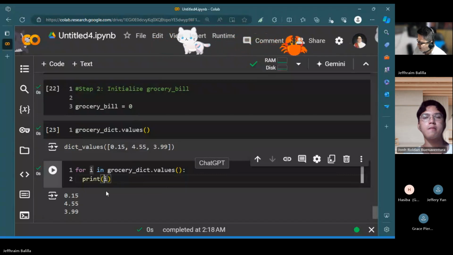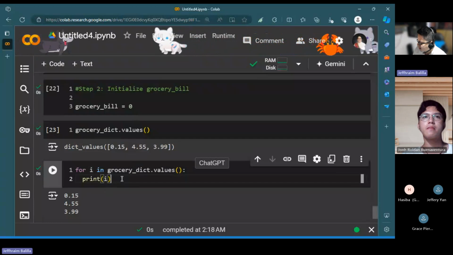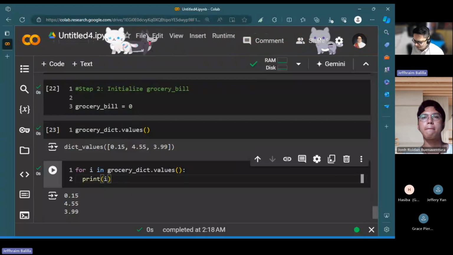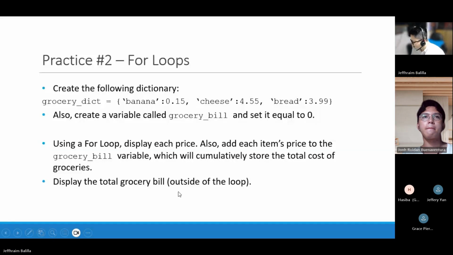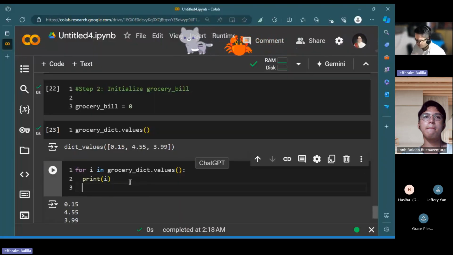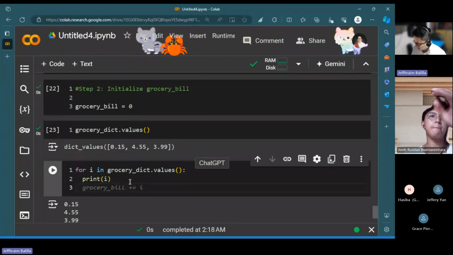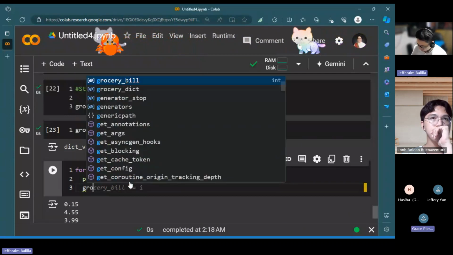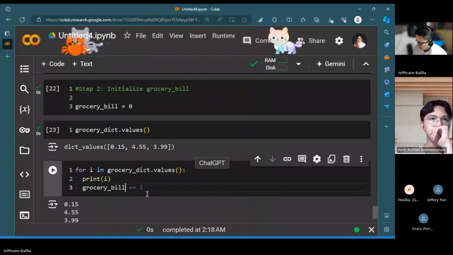Let's see. Does it include that we print the product name? No. So it's only the prices. So that actually works. So aside from that, what I want to do also is to recursively, it's telling me how to do it actually, but